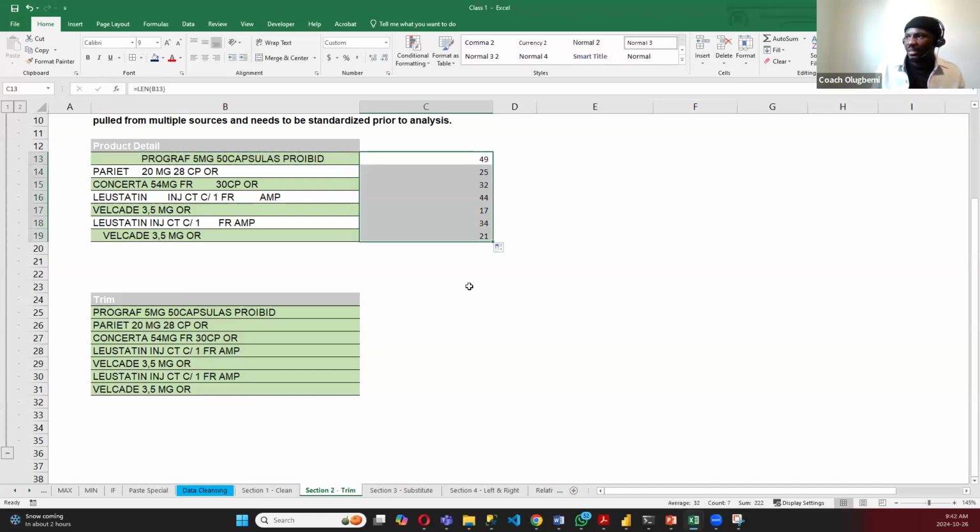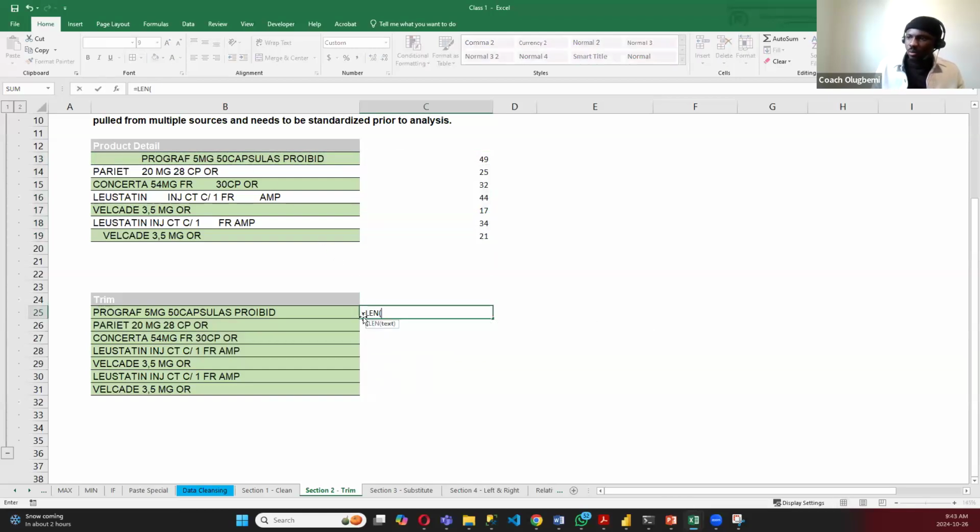and we drag it down, right? See, this one is 49 characters because of all the extra spaces. But if you look at the length of this one,